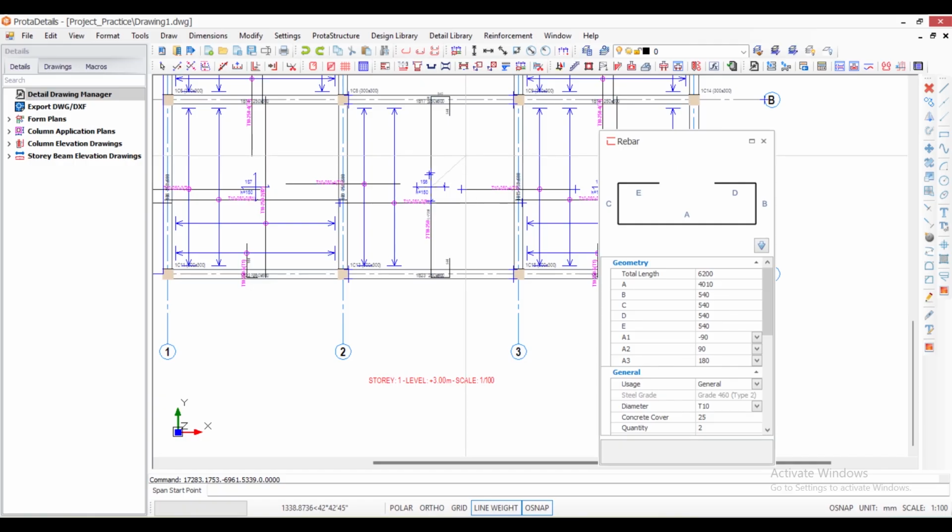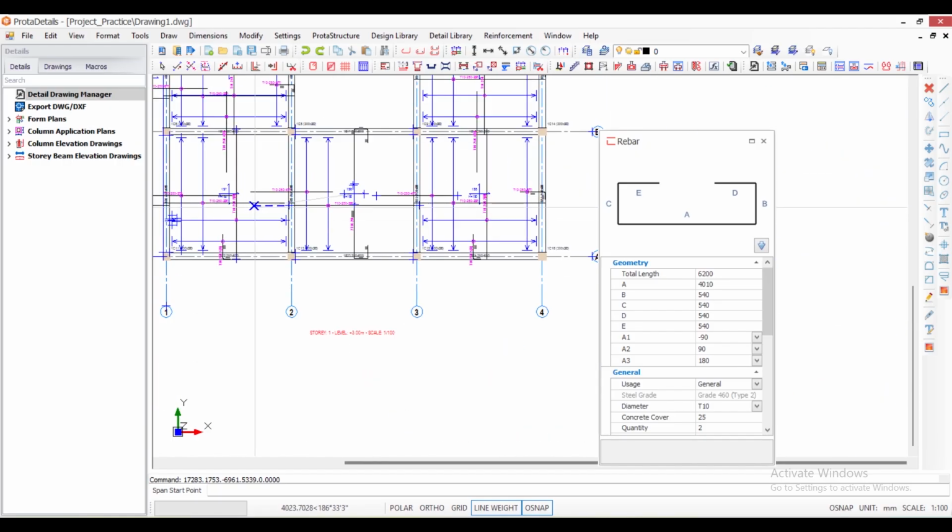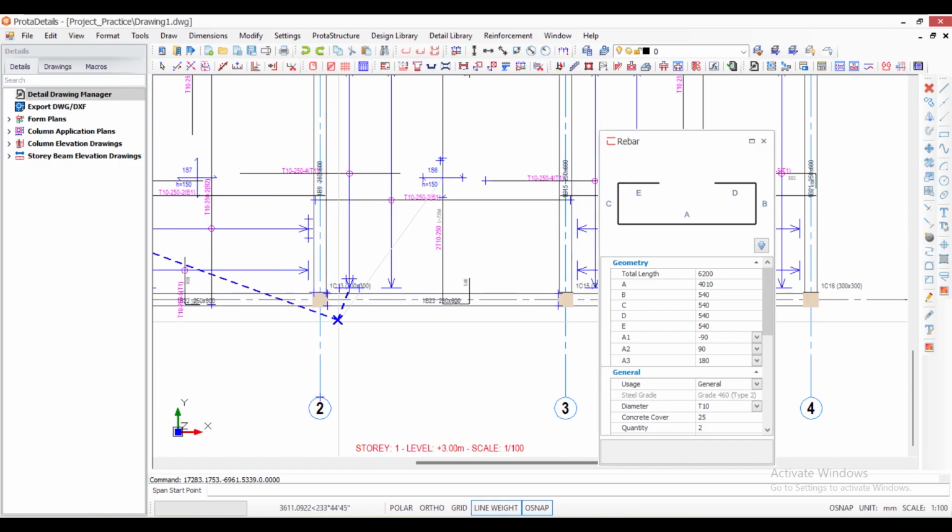Remember, I'm using 4 points, so the command is not done. I've only inserted 2 points out of the 4. The next thing is for me to click the runnings of the reinforcement. Even though I place the reinforcement here, where is the reinforcement going to start from? Where is it going to end? You can see this call out is showing that this reinforcement starts from here and ends here. So the same thing applies to my